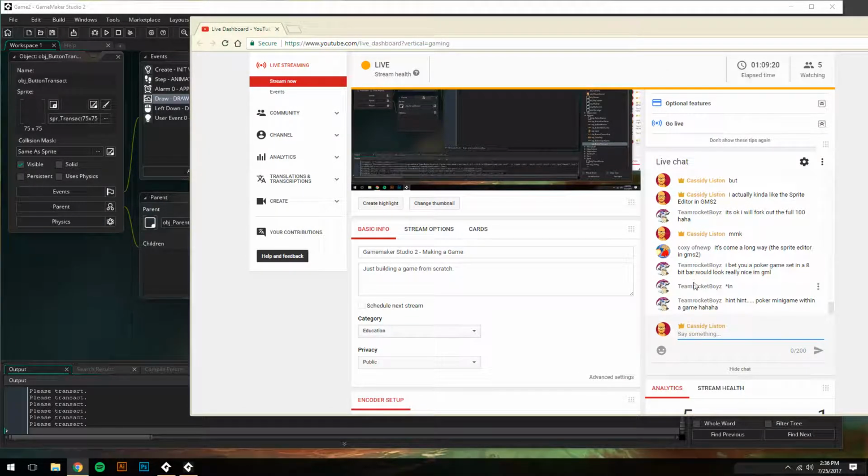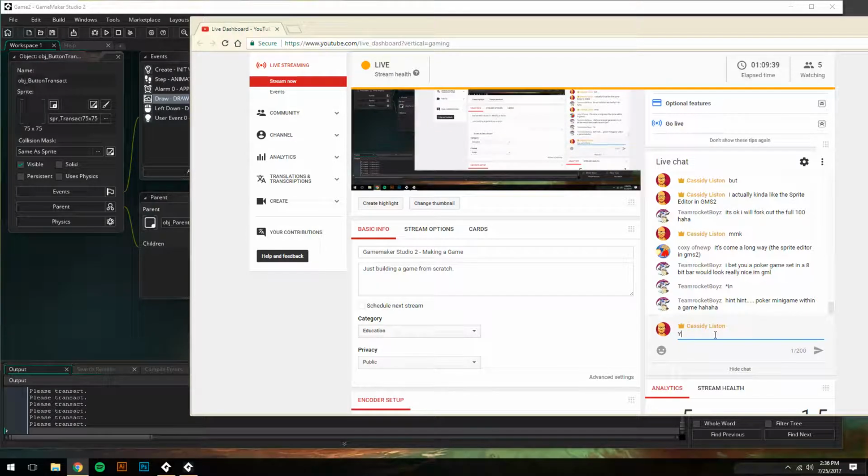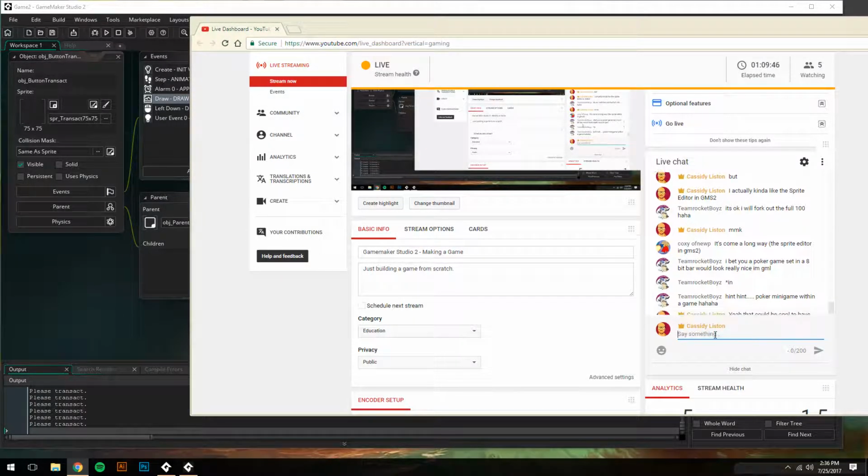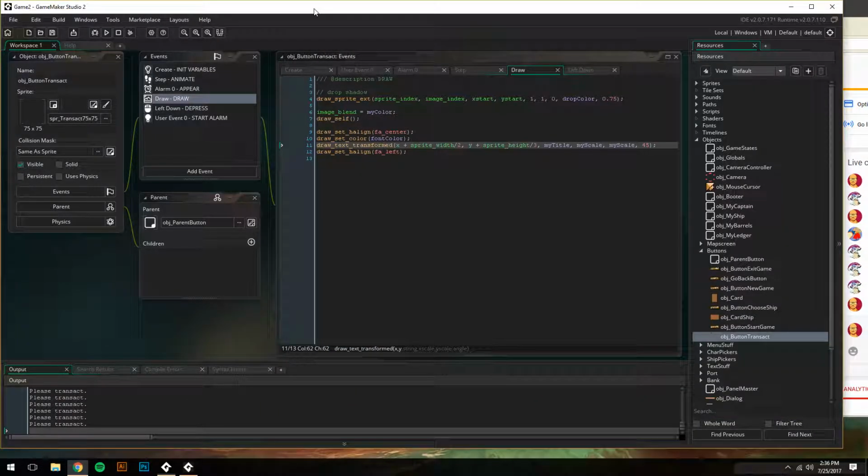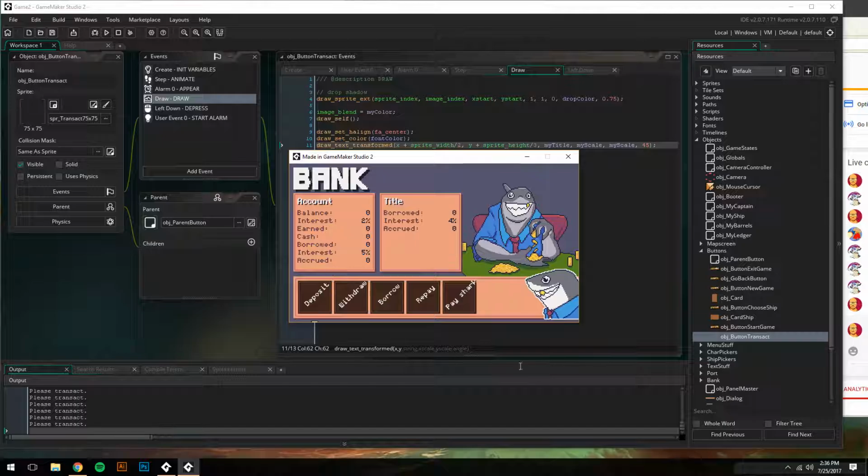Set in 8-bit bar would look pretty nice in Geno. Poker minigame. Yeah, I never really thought about poker in the context of the game I'm making. Yeah, that can be cool. Cool to have as a minigame. Not a bad idea, actually. I might have to steal that. But for now,